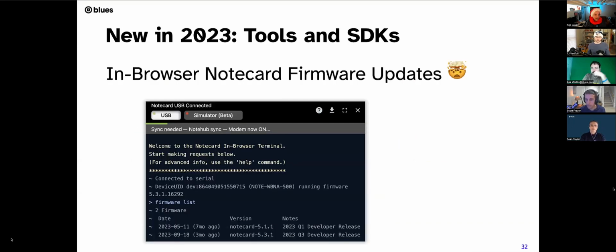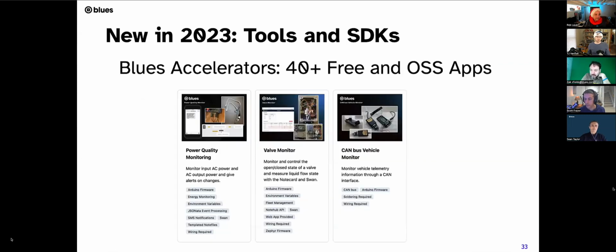A little under the radar, as part of the in-browser terminal available at blues.dev, we also released the ability to actually update Notecard firmware through the terminal directly. This makes it super easy to update single devices by just plugging them in over USB and handing over some commands. And of course, big thanks goes out to the broader Blues team, as we've released more than 40 now